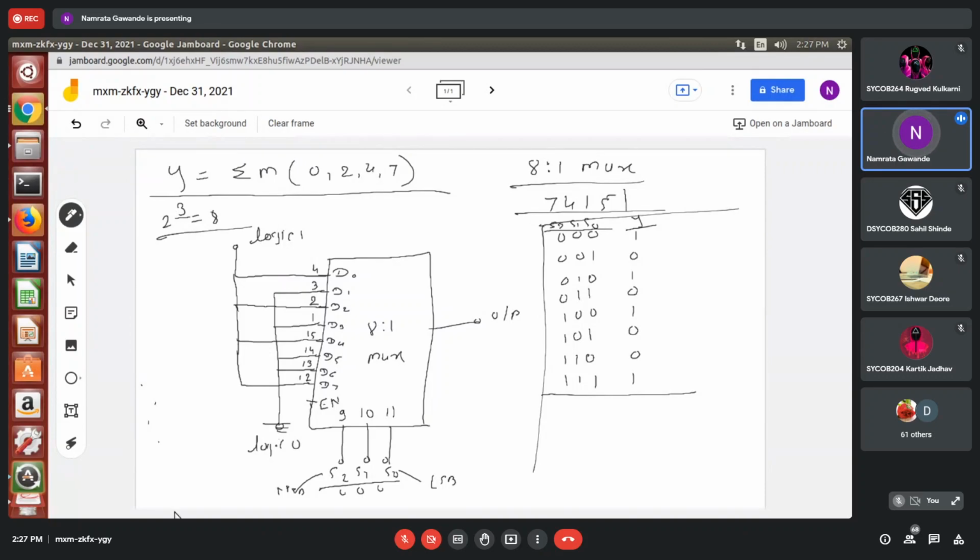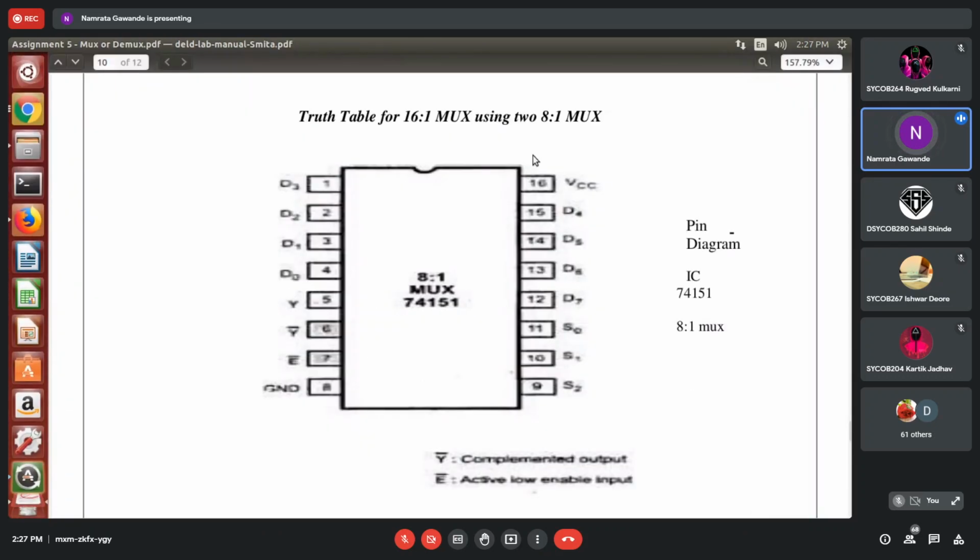See, we have a basic pin diagram, right? This is the basic pin diagram. Why do we use the multiplexer? Because we need to pass certain data as an input, and accordingly we'll get the output. If I'm passing that particular data through these data lines, by selecting the select lines, then only that input will be passed, and that will be obtained as the output.